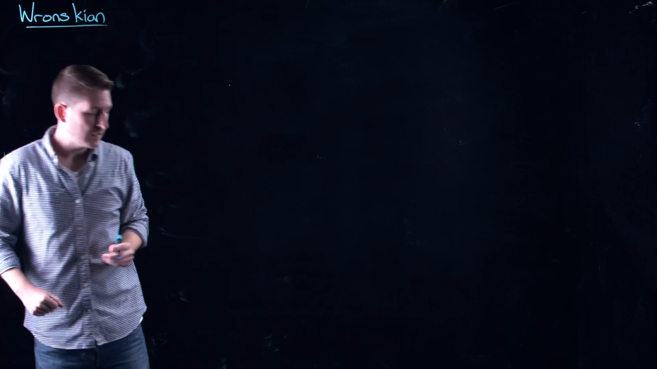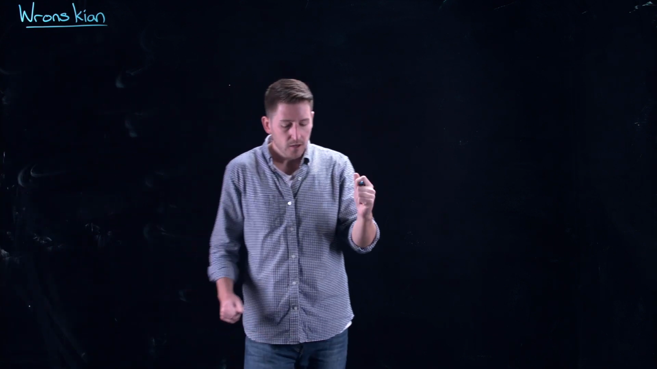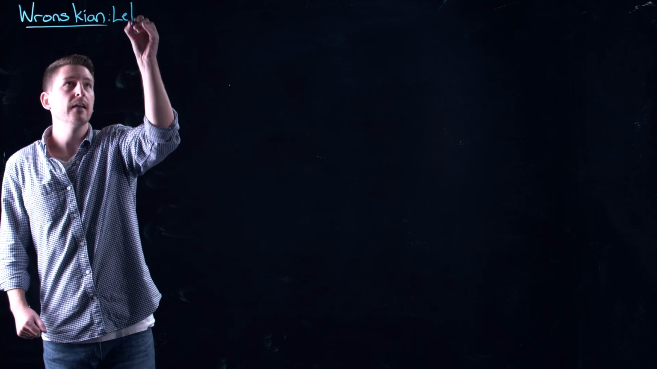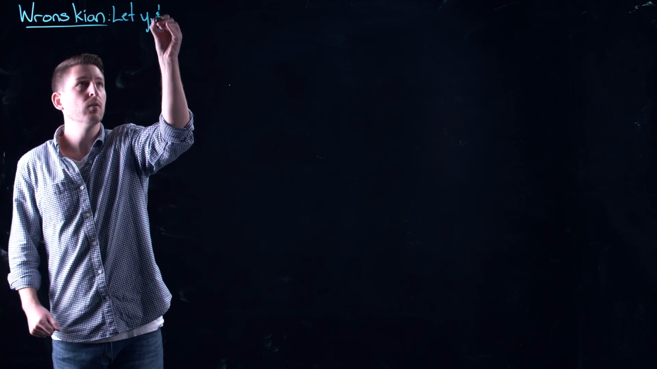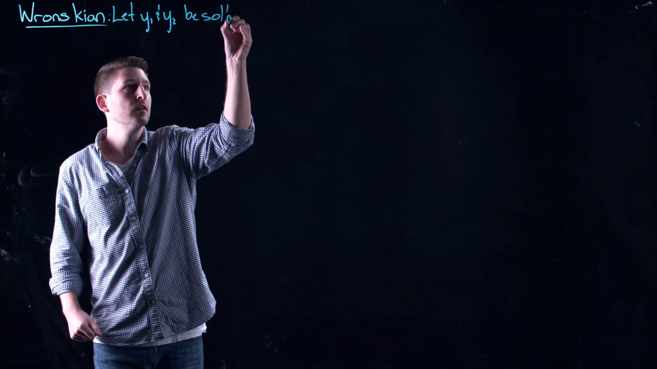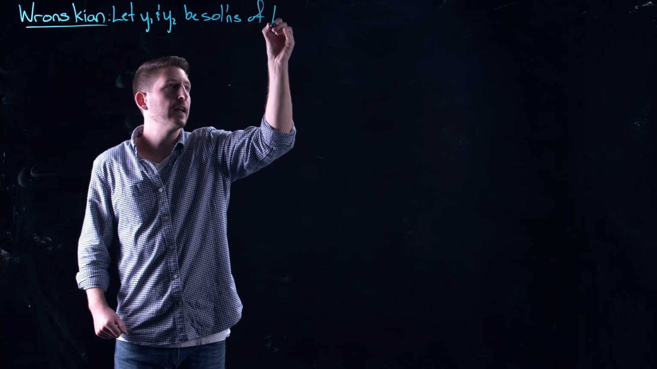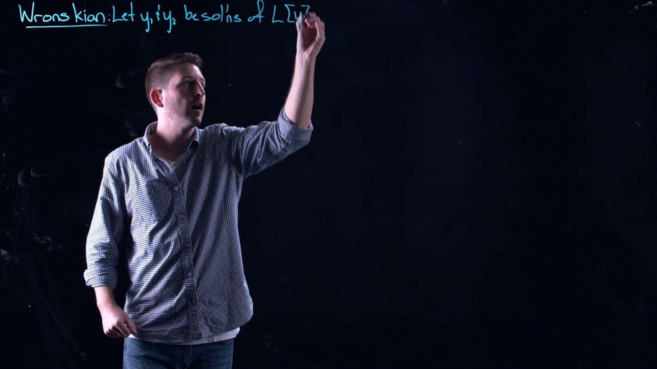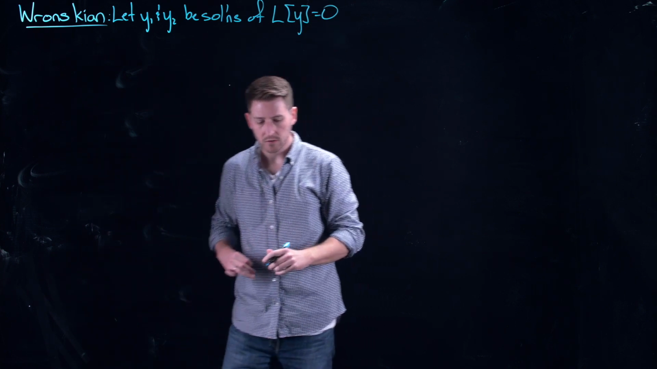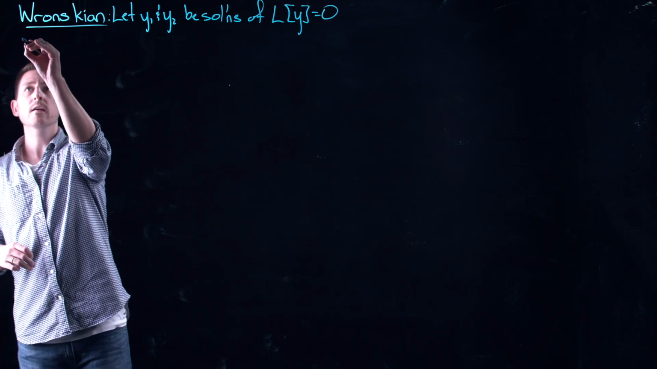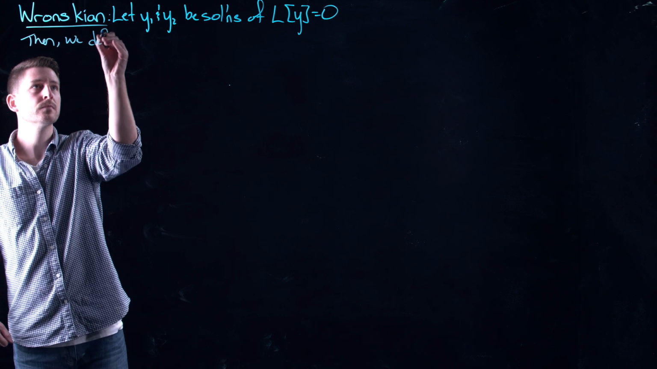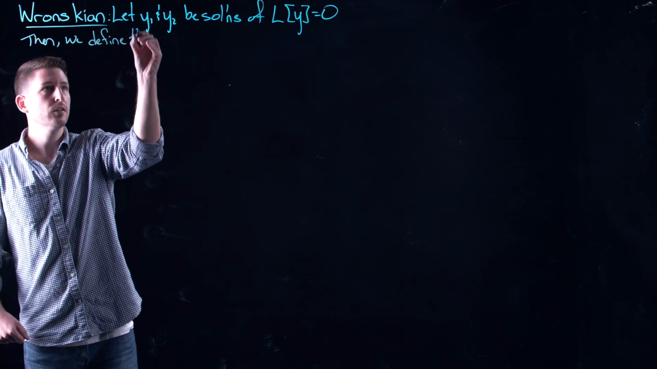Now, the Wronskian is, again, a sort of function of functions. So let's say, let y1 and y2 be solutions of, let's do it again, our abstract formulation of a differential equation, L of y is equal to 0. So then we define the Wronskian